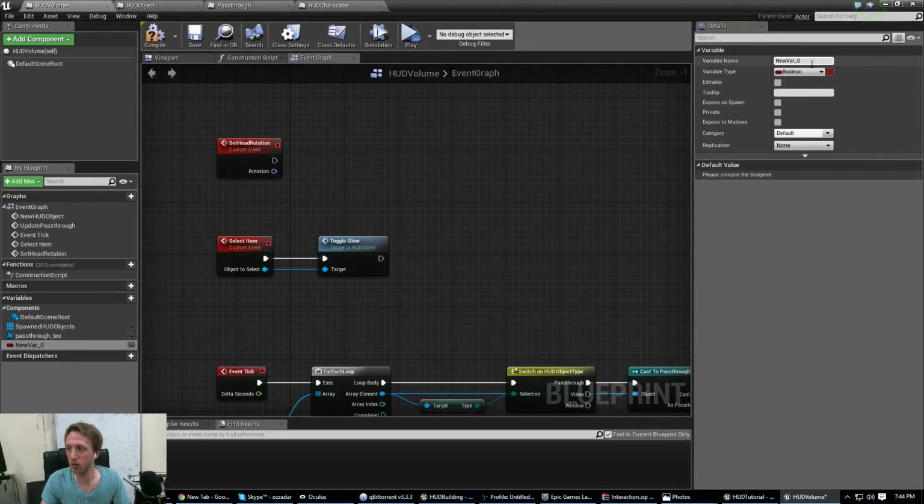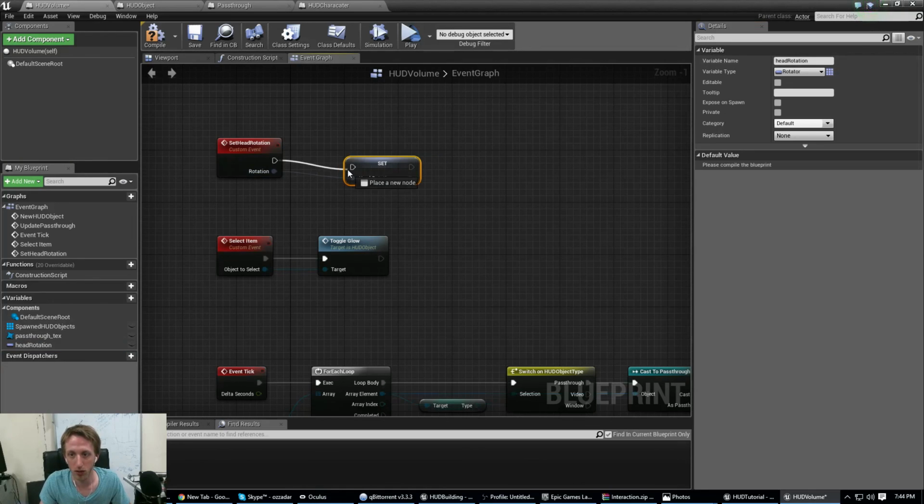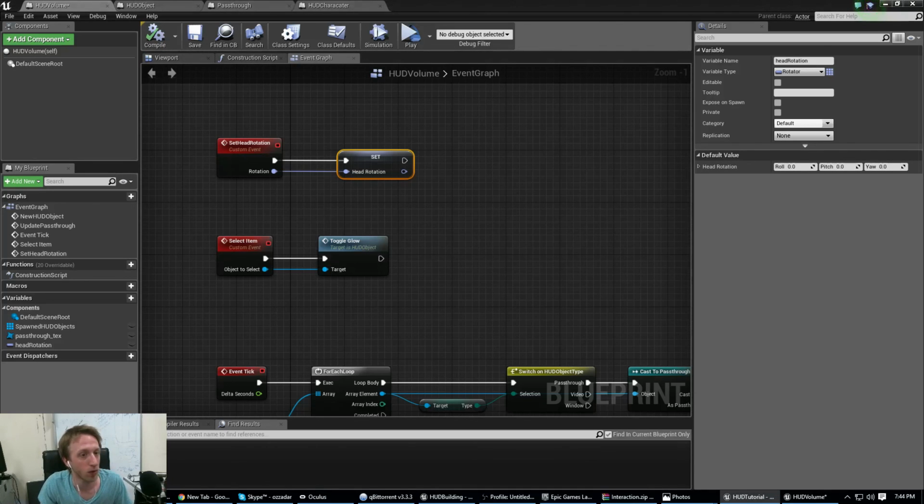We're going to create a new variable. We're going to make it a rotator, and this is going to be called head rotation. And we're going to just set this head rotation to the head rotation and compile. There we go. And now it's compiled. So now that that's done, that's all wired up, on our event tick inside our HUD,